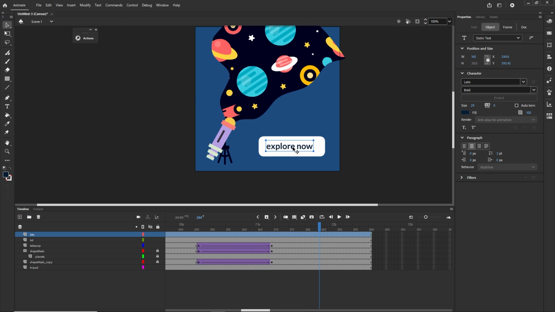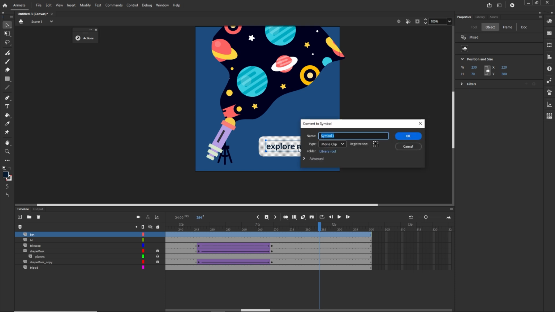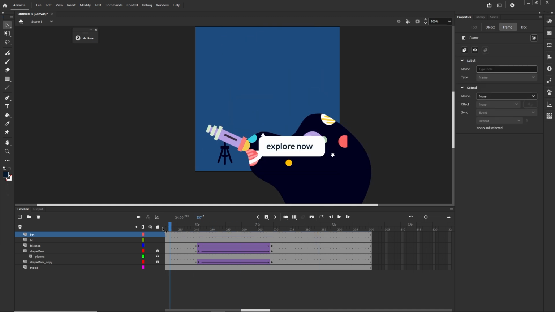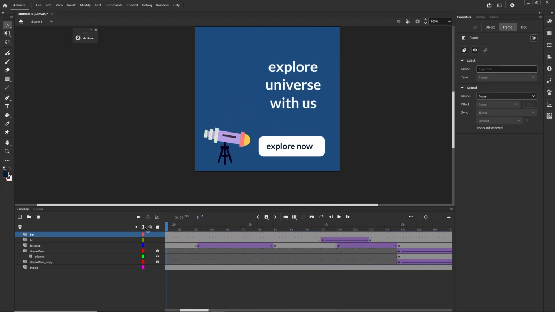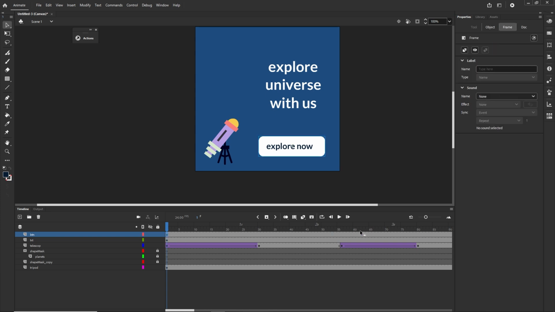Okay, and now I am going to click on the shape and on the text, and I am going to convert it to the symbol F8. I can keep this to be movie clip. I am going to call this BTN, and I am just going to click OK. And this button basically, I can get the keyframe. I have this at the beginning, and I am just going to drag it to the end, maybe